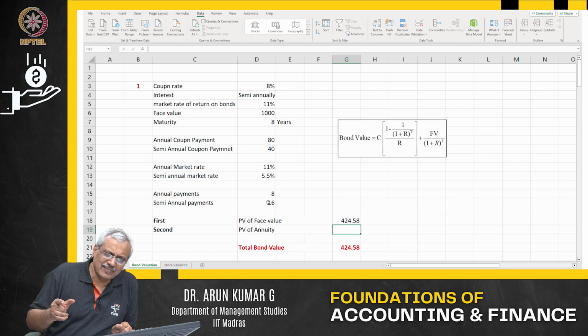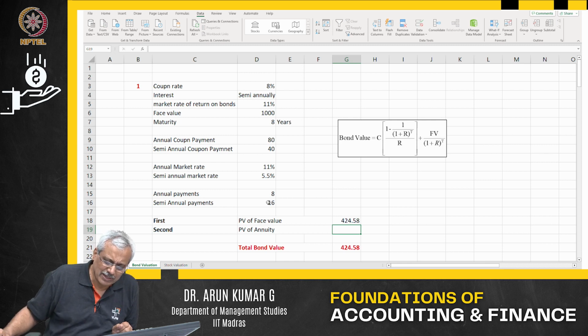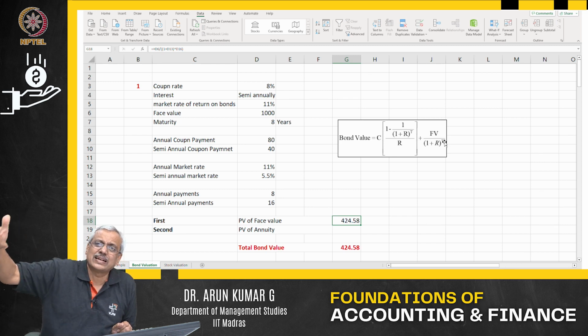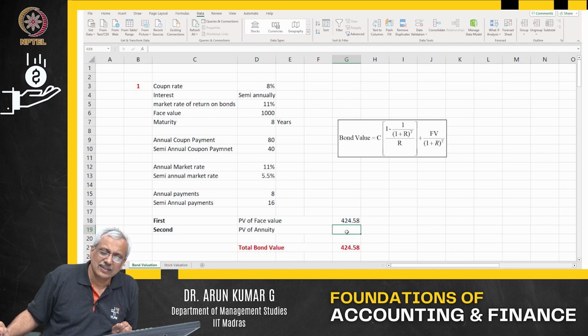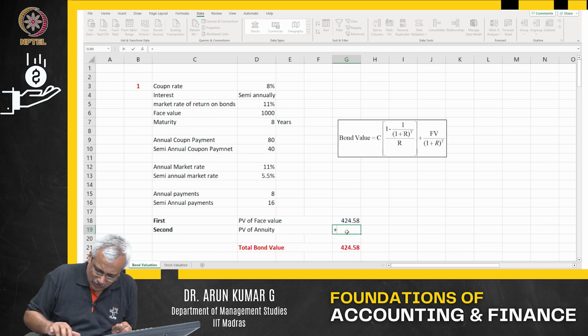Now what is the present value of the annuity? Please note, see what I did here. The number of periods T is not 8, T is 16, because it is going to get compounded every 6 months. Now let us look at the annuity. Start with the first part of the formula. See the coupon. What is the coupon here? The coupon I am going to have in this case is $40 semi-annual